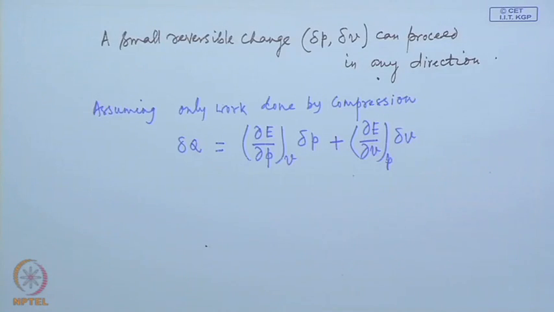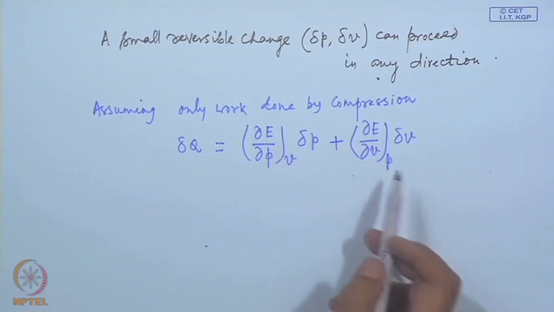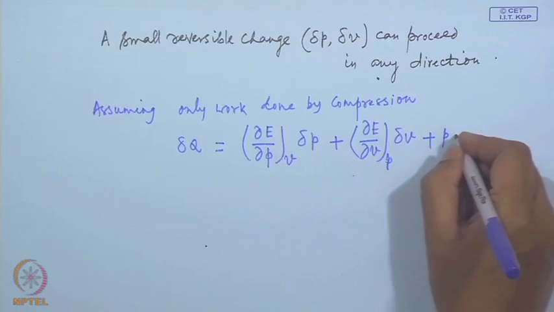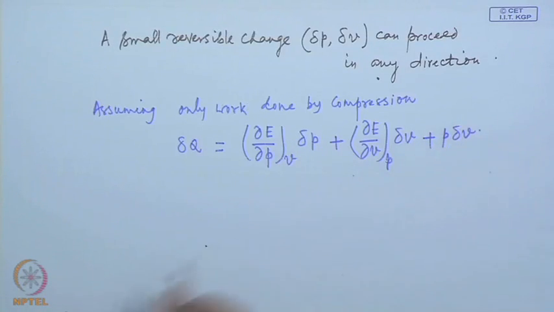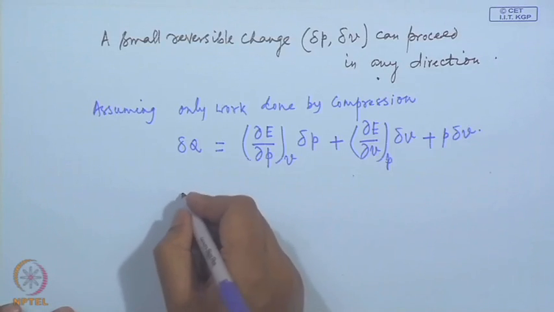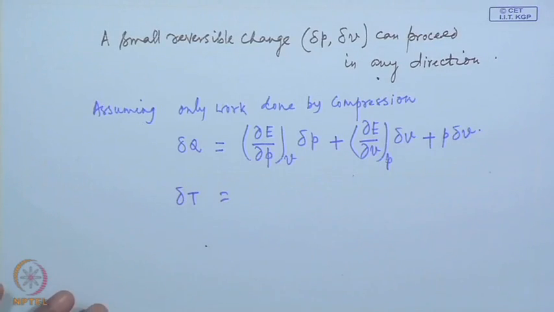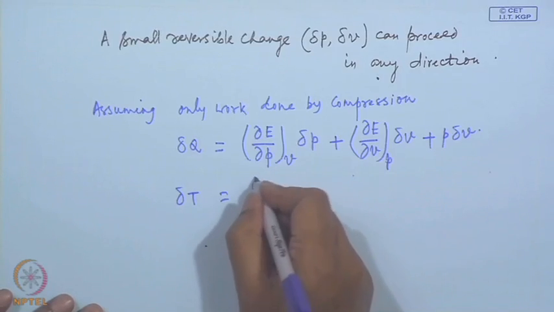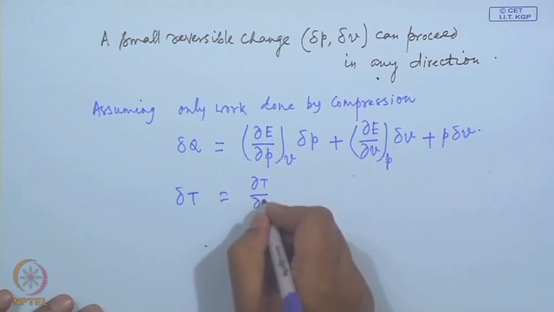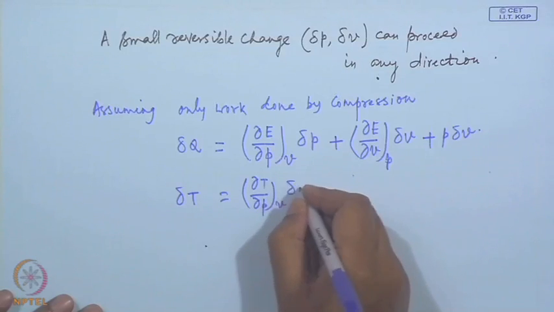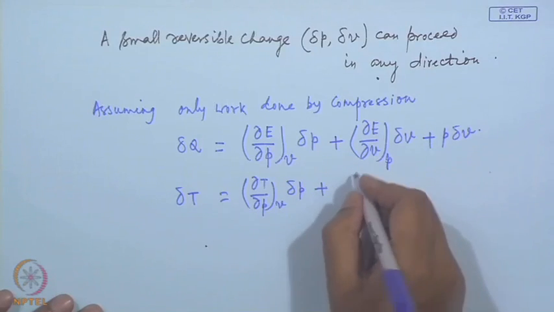That is, we have written E as a function of pressure and volume, plus P delta V, and similarly the change in temperature is also a function of pressure and volume, and can be written as dT/dP at constant volume into delta P plus